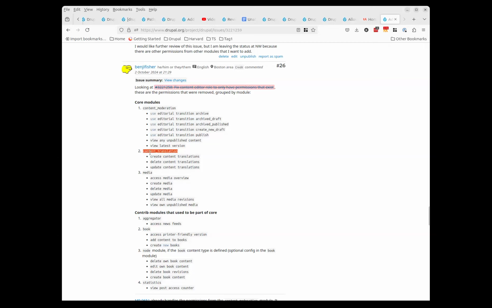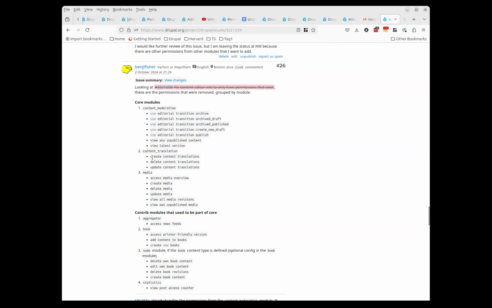I didn't see any recipes that directly enabled the content translation module, but it's possible that some recipe enables a module that depends on content translation. So if there is a recipe called multilingual, and that doesn't have content translation, it feels a little bit weird, but maybe it's something else.